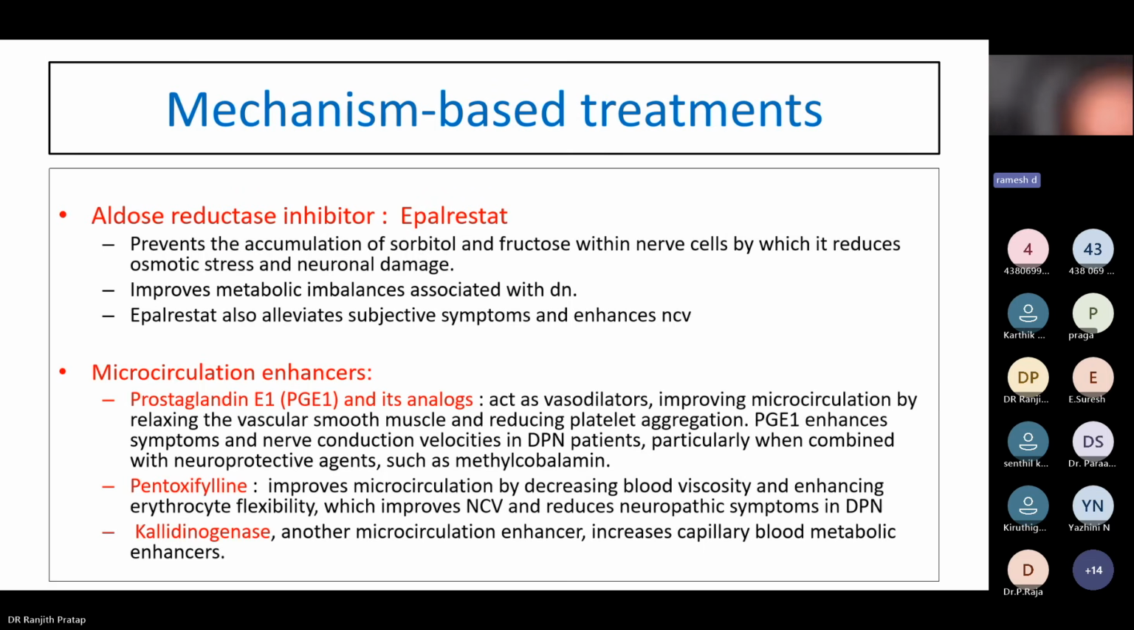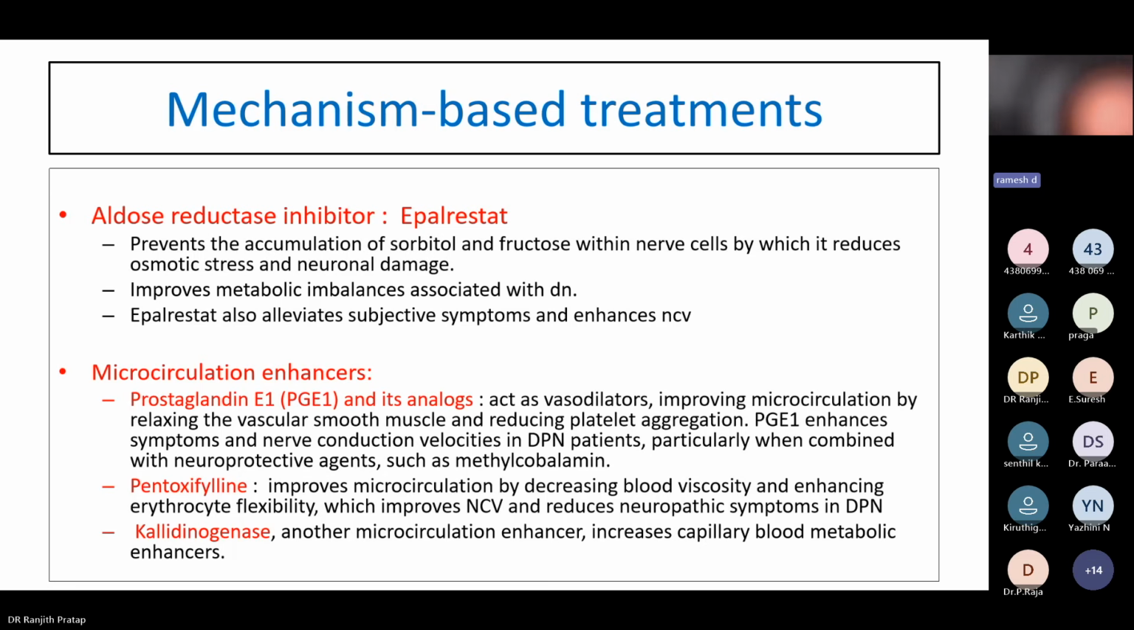It prevents the accumulation of sorbitol and fructose within the nerve cells, by which it reduces osmotic stress and neuronal damage. It improves the metabolic imbalance associated with diabetic neuropathy, which alleviates symptoms and enhances conduction velocities. Another group is the microcirculation enhancers, that is prostaglandin E1 and its analogs, which act as vasodilators,